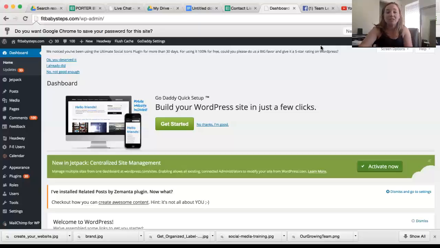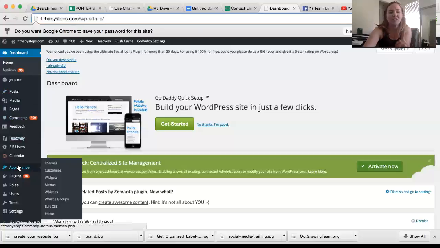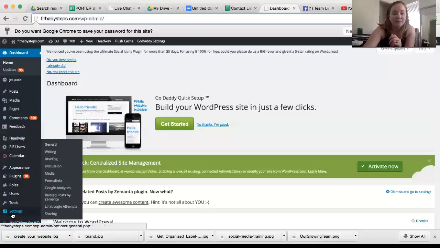So we're in WordPress right now. You've gone to your URL/WP-admin. You've entered in your username and your password, and then it takes you to here, right? So to create your first post, you're going to go to post. Oh, and actually, let's fix something really fast. If you go to settings, and then you're going to go to reading, I want you to click on that,